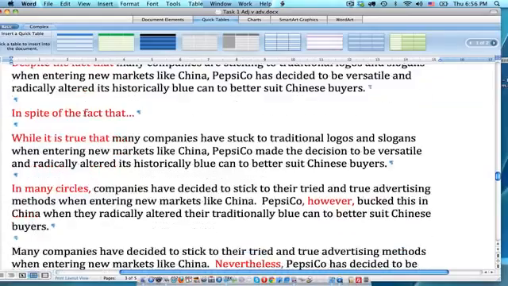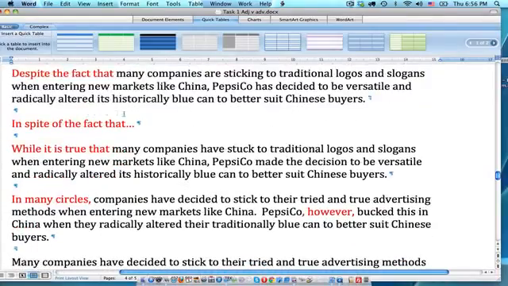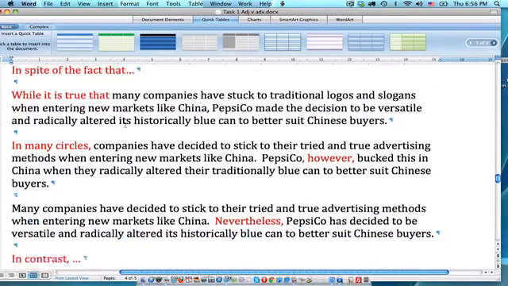Despite the fact that many companies are sticking to traditional logos and slogans when entering new markets like China, comma, PepsiCo has decided to be versatile and radically altered its historically blue can to better suit Chinese buyers. And I'll probably stick in "has." Despite the fact that, so here we're contrasting things. So despite the fact that company ABC is doing this, PepsiCo is doing this. And don't forget the important commas in here. Now, despite the fact that could be replaced with in spite of the fact that,